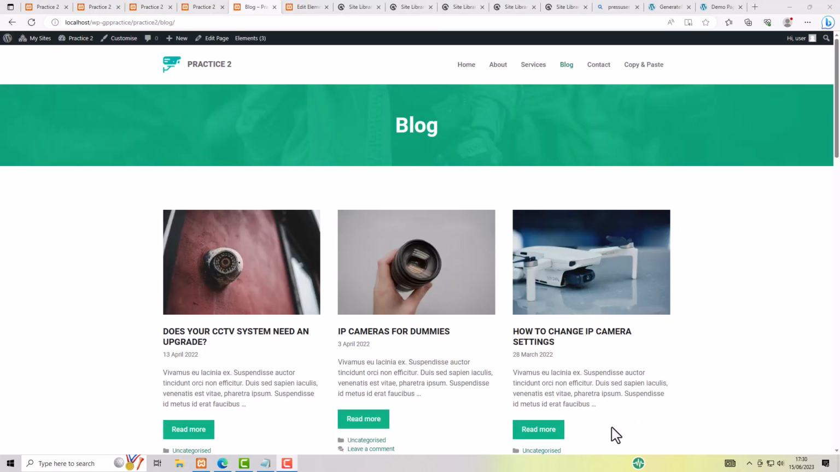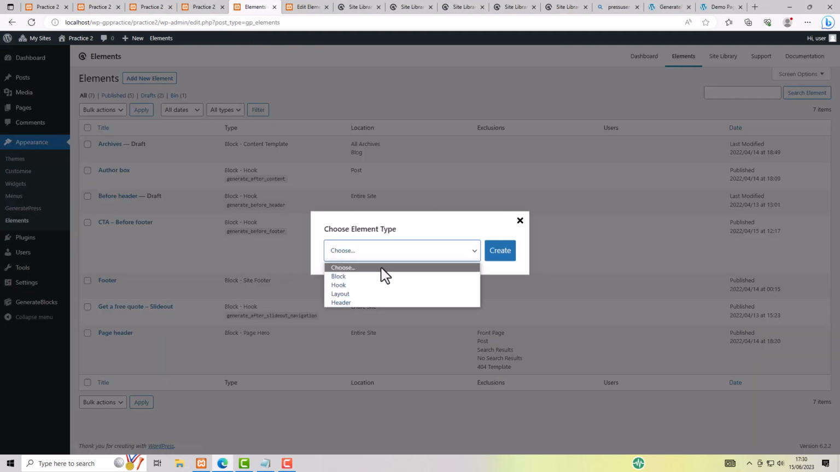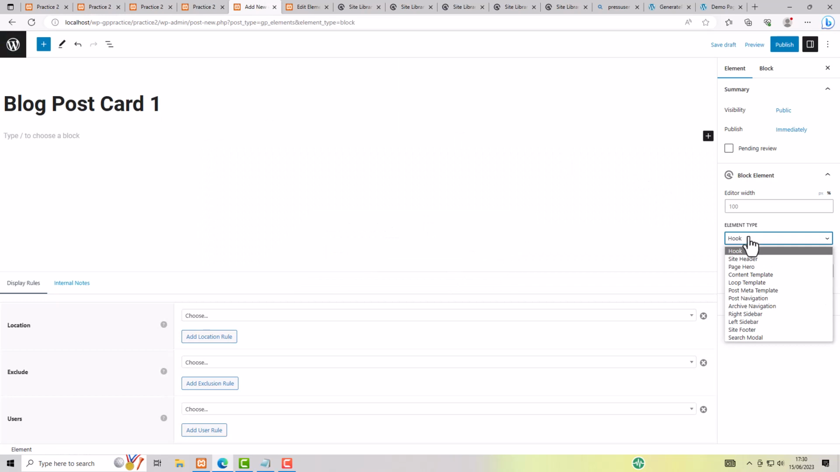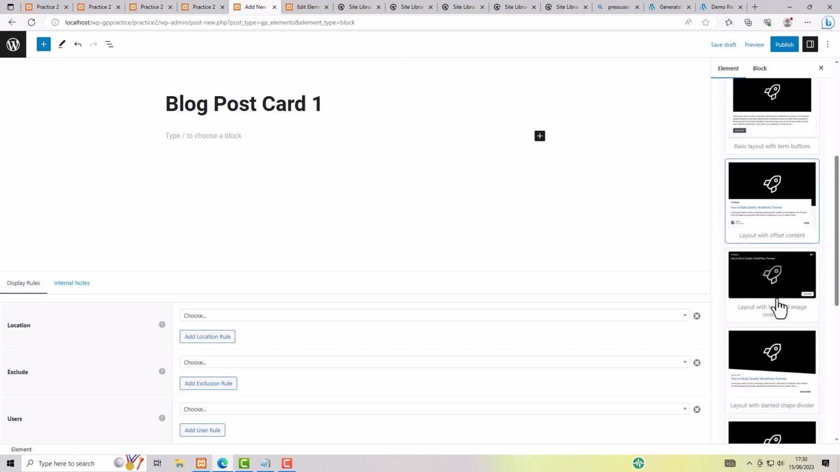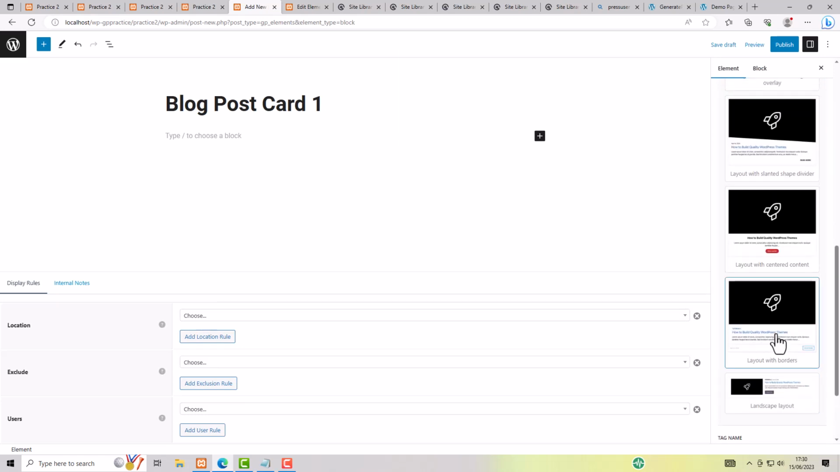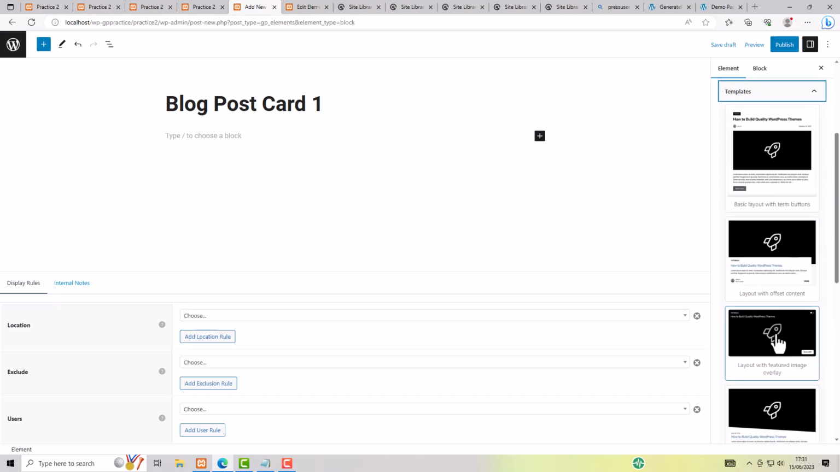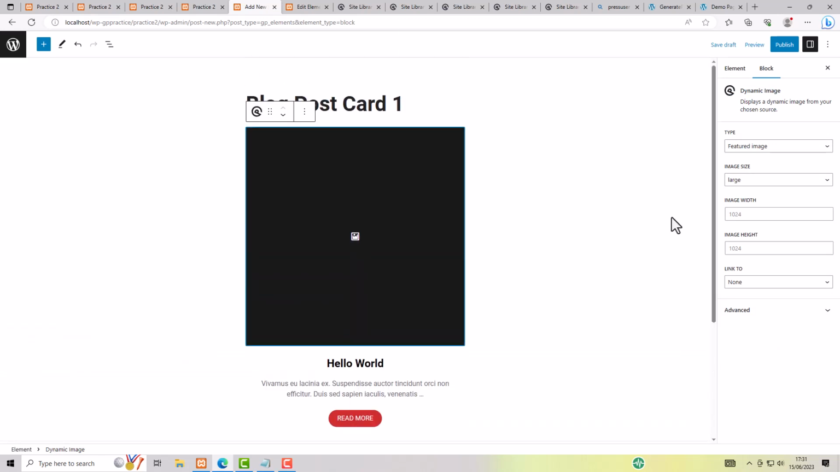If you want more control over how these blog listing layouts appear, you can make an element. So I'm going to choose elements, add new element. I'm going to make a block element. Now I want to make a content template, and there are some ready-made templates to do this, and I can choose them from the drop-down list. Now all of these are customizable. These are just starting points to help you get started, so you've got an idea how they work. But all you need to do is just choose the one you like from the list, and there it is. And if we publish that,